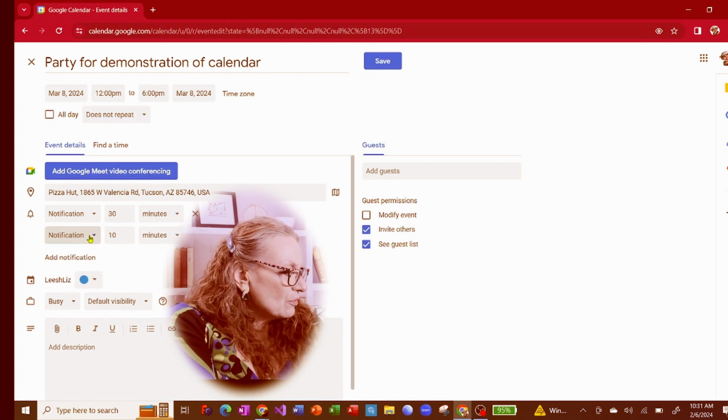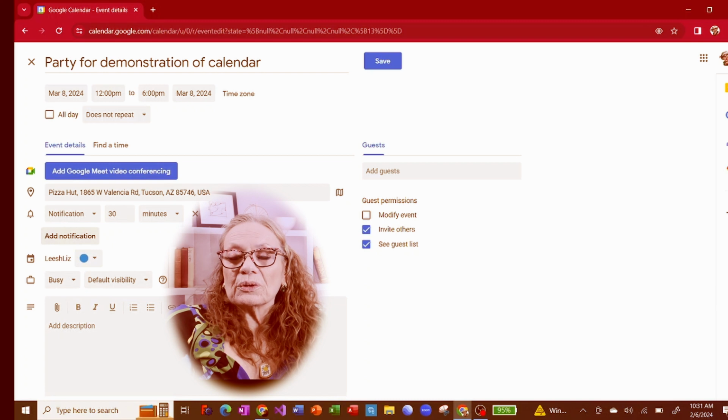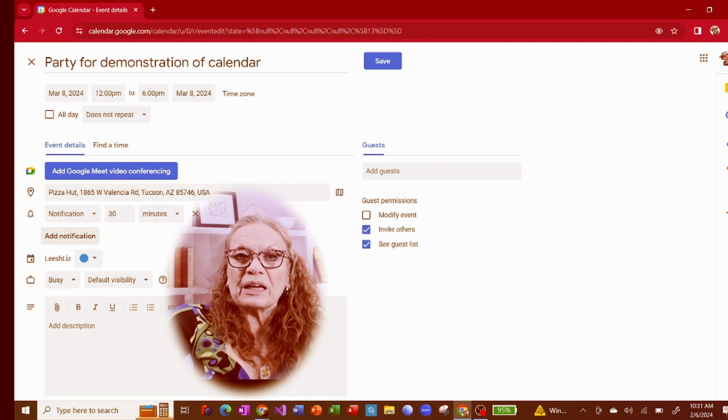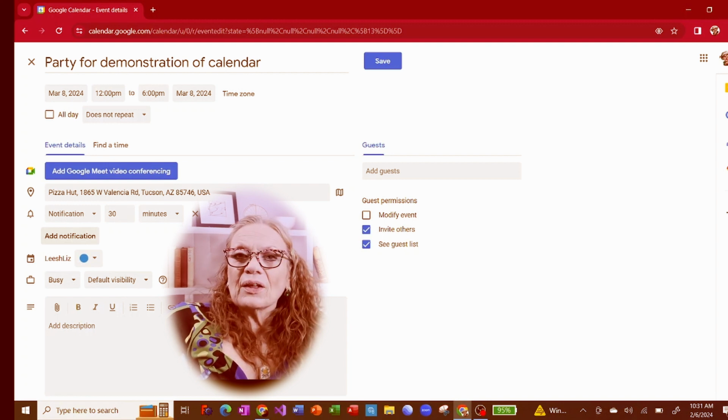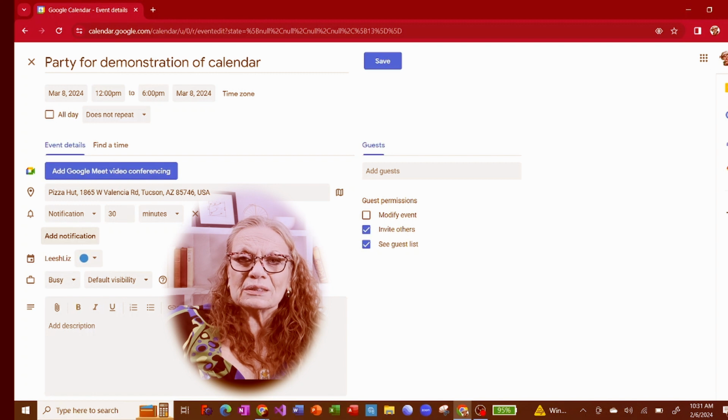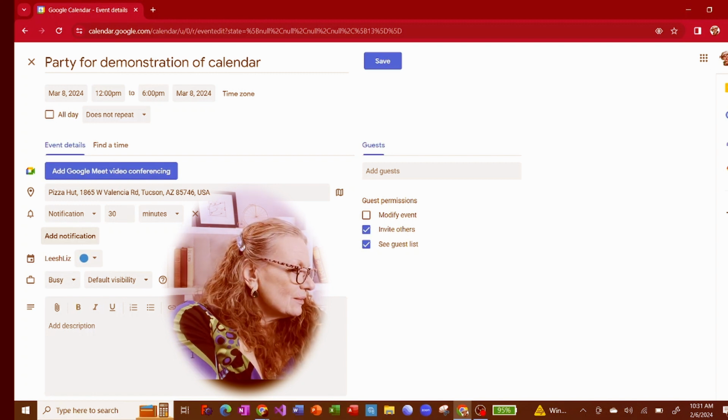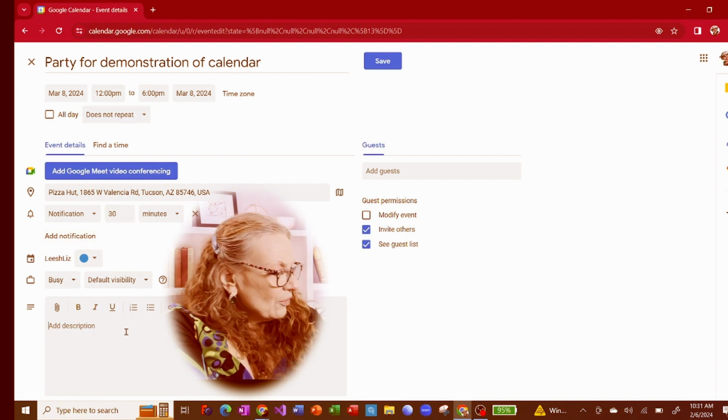You can add all kinds of notifications through email or just a notification to your computer. What's nice about the notifications is if you have a smart speaker, that Alexa, then Alexa will tell you. She'll announce it in the house. You can be out and about doing your business in the house and you'll get a notification that says in 10 minutes or half an hour here. And here you can say,